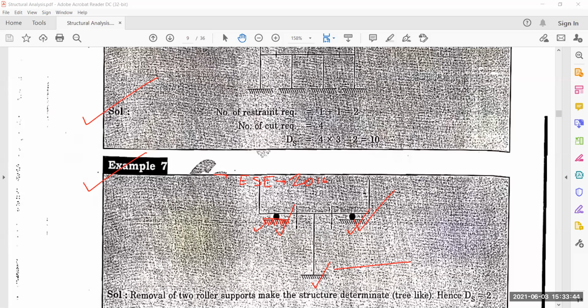Just remember this concept. What concept? I repeat once again. First you see your frame. On the frame you just see external supports or external reactions. If external supports are fixed, no problem, move forward. If external supports are hinge or roller, then you fix them from your side. Then you apply certain reactions or restraints. You just count them and put a symbol r dash, and after counting you get a numeric value.